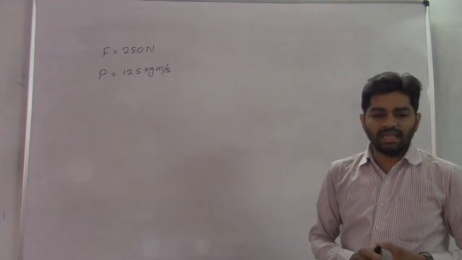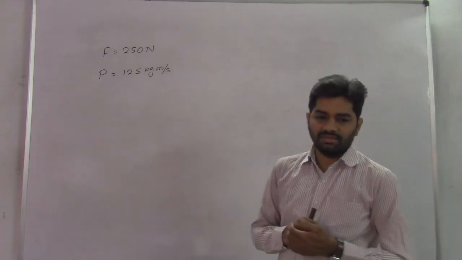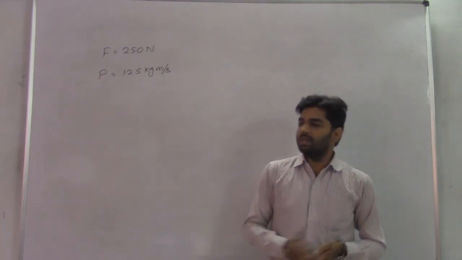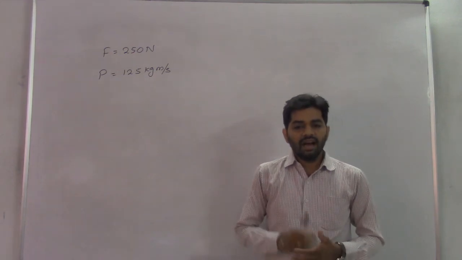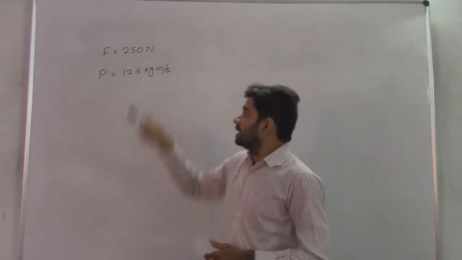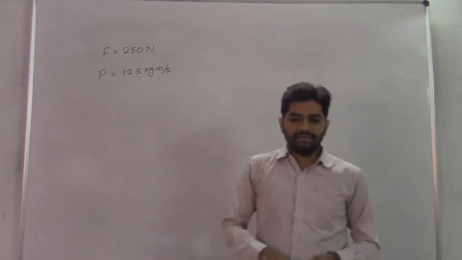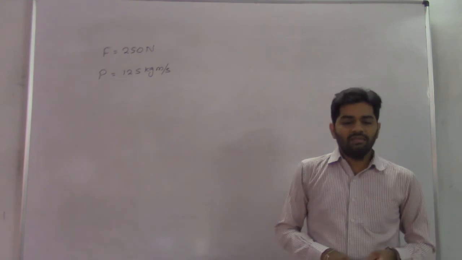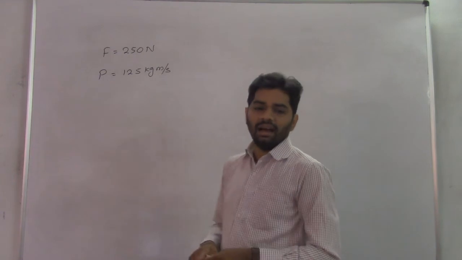Read the question, what they are saying. An object is there. Initially the object is at rest. Some amount of external force is acting on the body, which is equal to 250 newtons. The question is how much time, period means what? How much time this amount of force acts on the body to get this momentum. So the relation is regarding force, momentum and time, the basic definition of Newton's second law.